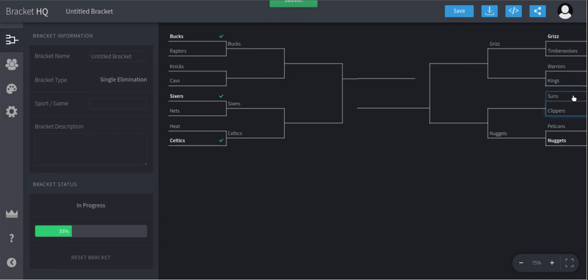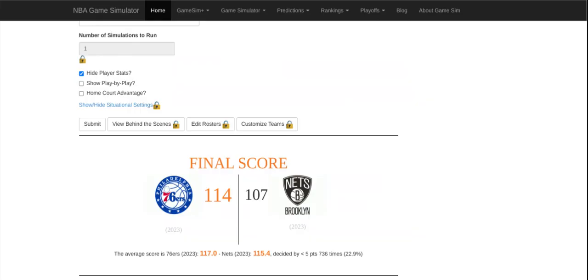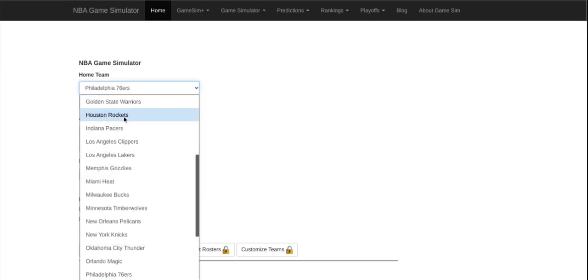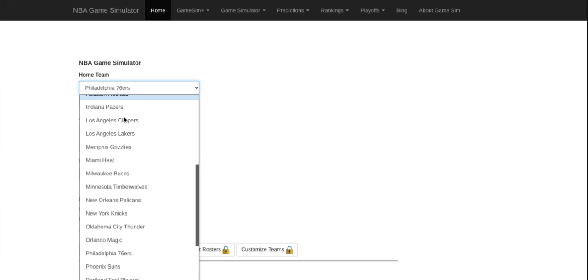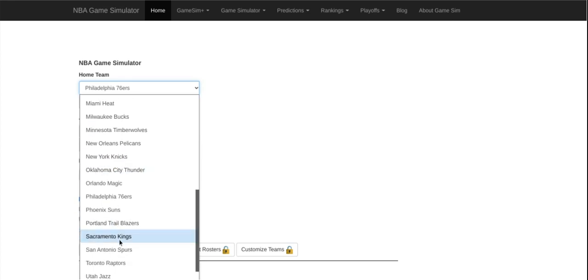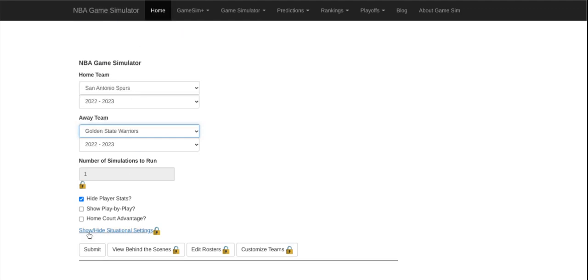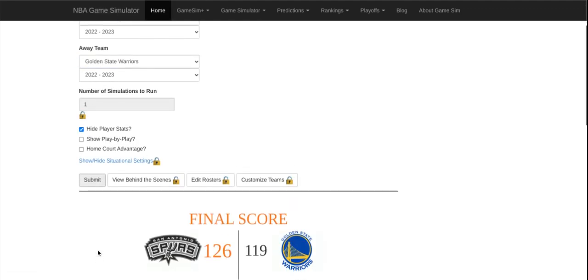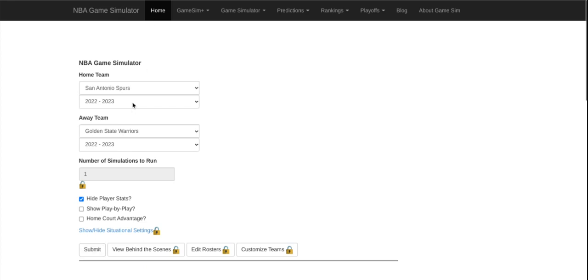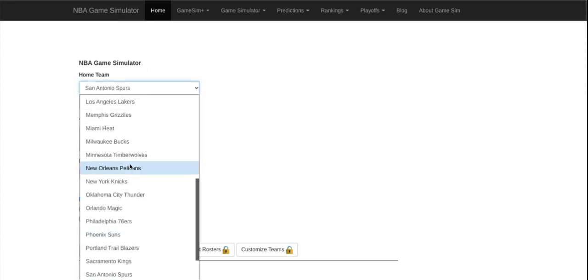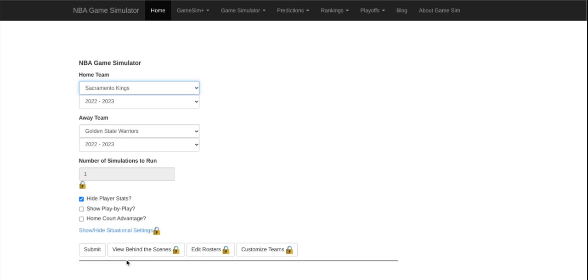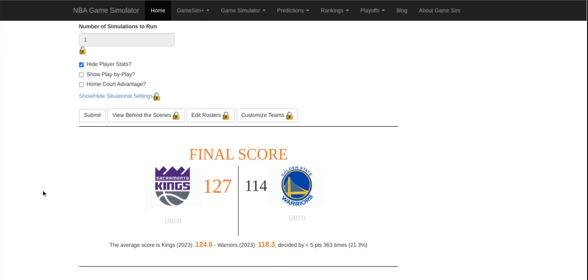And next up, we have the Kings against the Warriors. The Kings here from Sacramento against my favorite team, the Golden State Warriors from San Francisco, here in Game 1. And I clicked the Spurs. That is just detrimental. Let's change it to the Kings. And that's just not hopeful for the Warriors as we lost, and I lost to the Kings